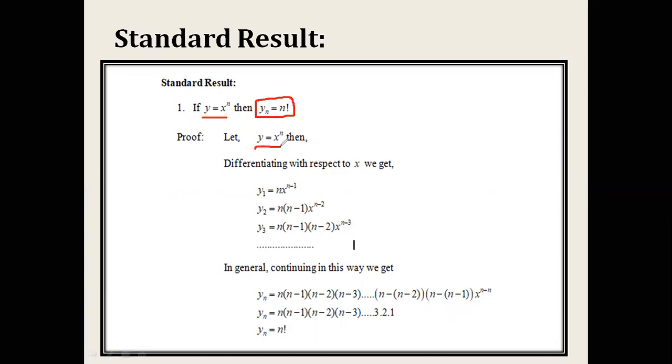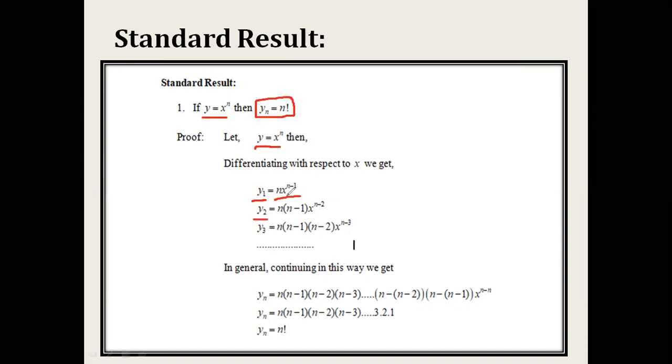So by the process, firstly we differentiate this function with respect to x. So we get the first derivative, which we denote by y1. यहाँ पे हम dy by dx भी ले सकते थे, and symbolically we can take y1. It is also said to be the first order derivative. अब हमको first order derivative of this x raised to power n ये पता है. It is simply n x raised to power n minus 1. This is the derivative of x raised to power n. अब हमको यहाँ पे nth फाइंड करना है, तो प्रोसेस में हमको सेकंड फाइंड करना पड़ेगा.